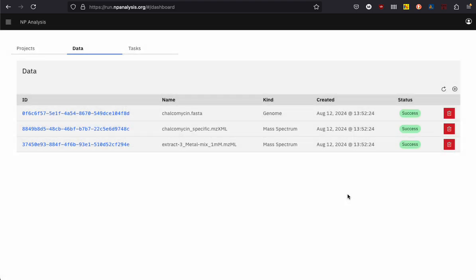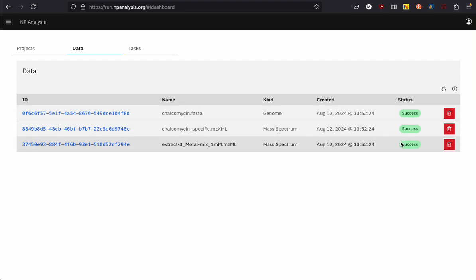One thing to note is that the actual upload process where it gets the file up to our servers can take a few seconds without any indication of progress. Just be patient and don't navigate away from this page. In a few seconds, 5 to 10 seconds, we should be able to see that it pops up in a